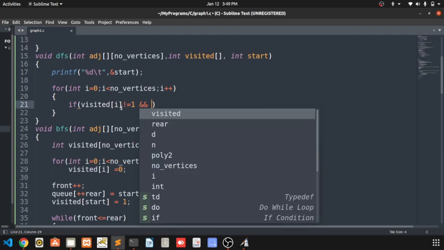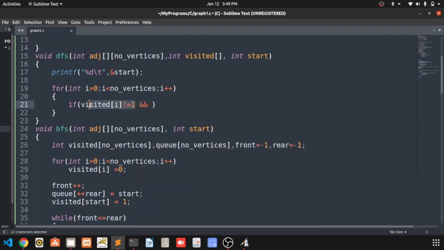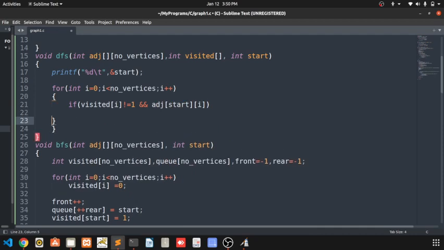We have to check that the adjacent node is not visited, and there is an edge from start to that i. Are you getting the things or not?